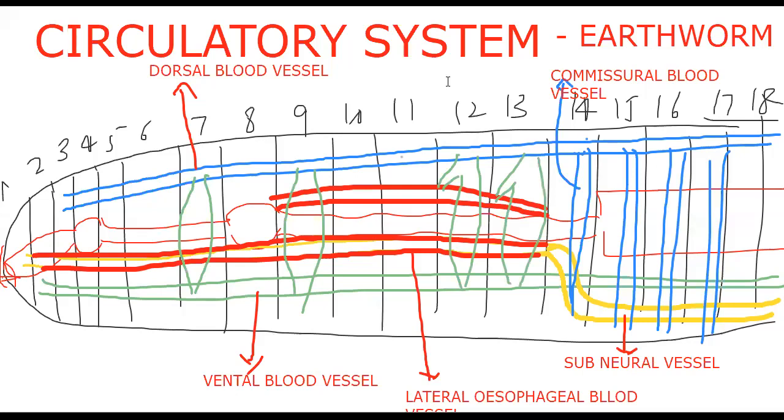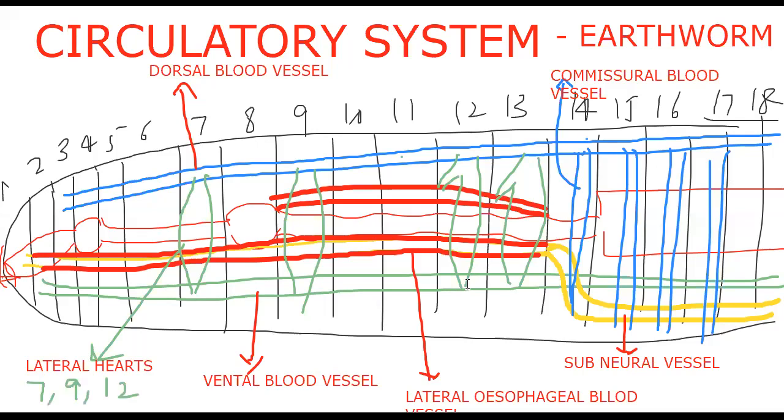So what is this? Hearts we see. Actually, 7 and 9 are called lateral hearts. 12 and 13 are called lateral esophageal hearts because there is a connection difference. Lateral hearts, 7 and 9, connect the dorsal blood vessel to the ventral blood vessel. 12 and 13: dorsal blood vessel and supraesophageal are connected to the ventral blood vessel, so they are called lateral esophageal hearts. But remember at least that they are hearts.